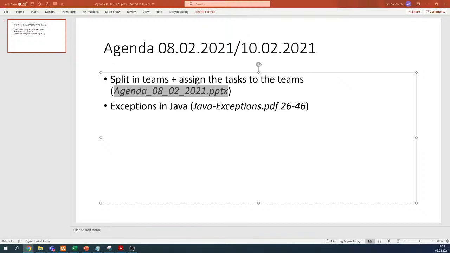Okay, let's start. Hello everyone, welcome to today's session, and today we have two things to do. The first is to prepare for the project in teams. We'll split in teams, and I will also show you the tasks which you can select for your team. So once this is done,